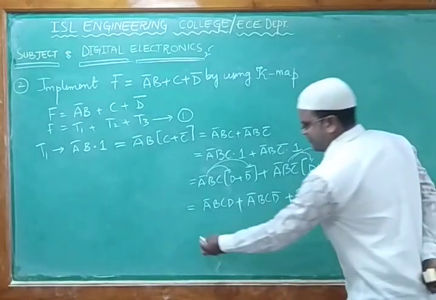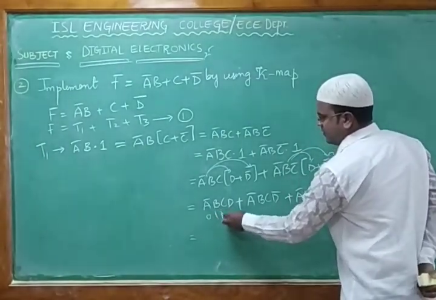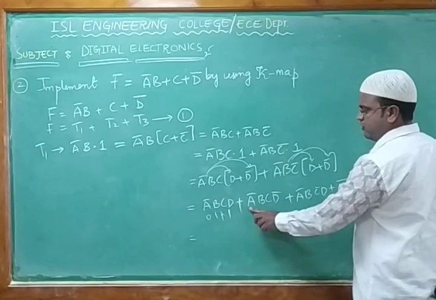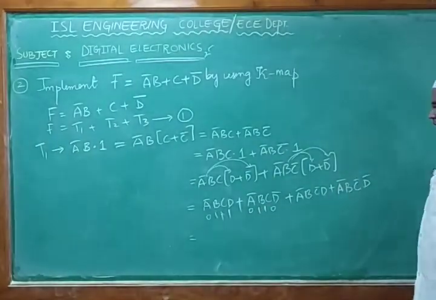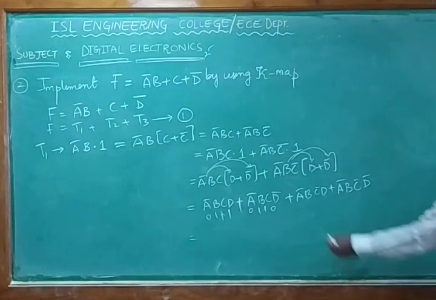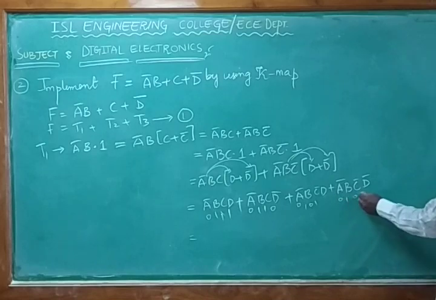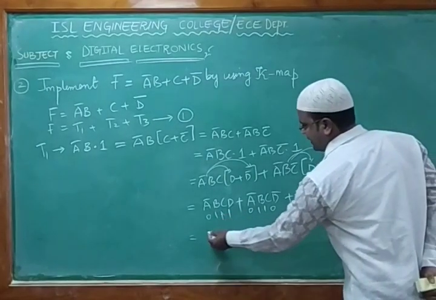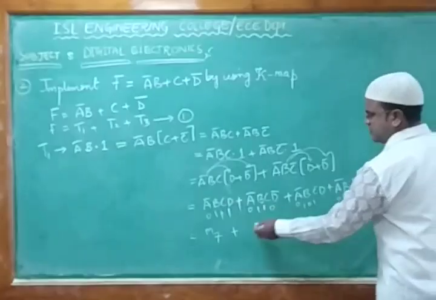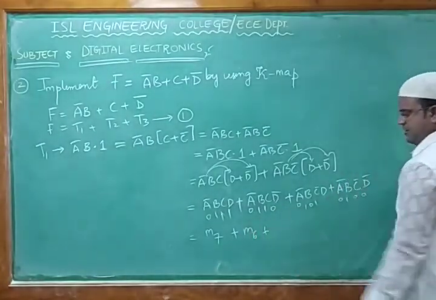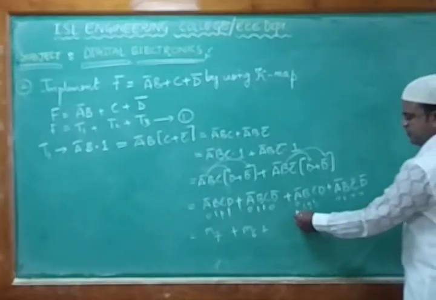So what can I write for this? So what does A complement mean? It's a 0. So this is 0 1 1 1. Likewise I do have A complement 0 1 1 0. Likewise I do have the next thing 0 1 0 1. This one is 0 1 0 0. So what does 0 1 1 1 mean? It means minterm M7. 0 1 1 0 means 4 plus 2, 6. It means minterm M6. This is what? It's 2 power 0, 2 power 1, 2 power 2 and 2 power 3.